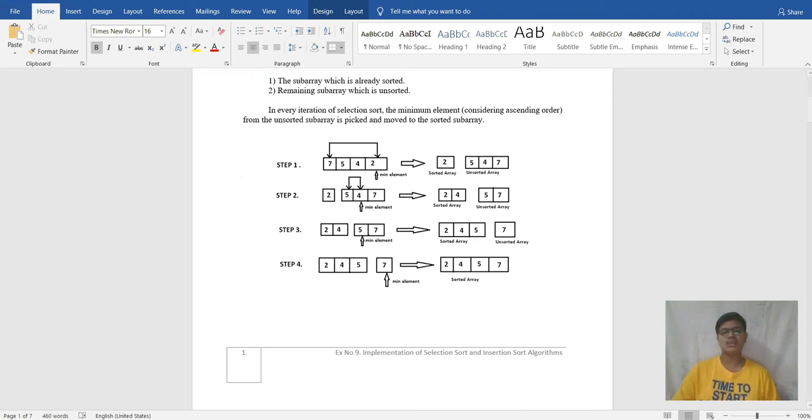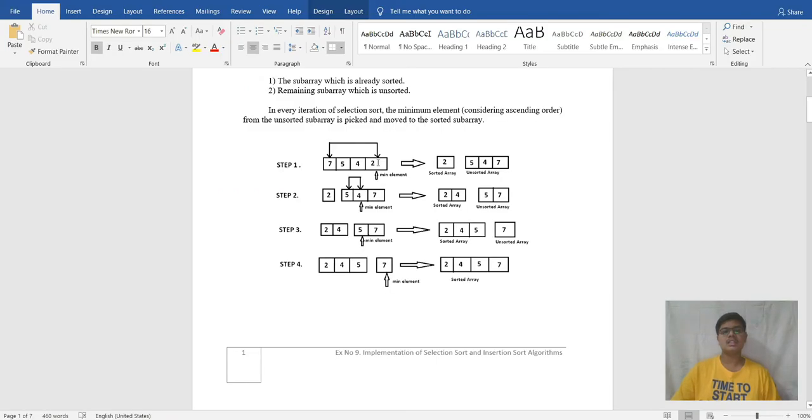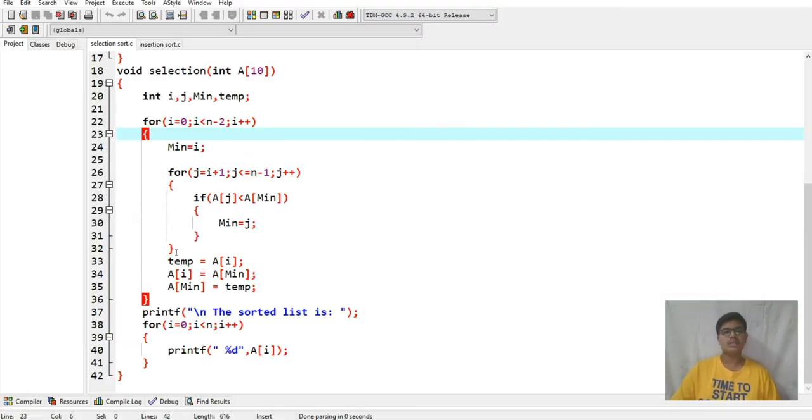Here these two elements were swapped, so here it will swap this element, and the temporary variable, which was this 2, will be stored in a of i, means the current array position, and this minimum variable which was there will swap with that, and the temporary variable's value will be assigned to the maximum number.